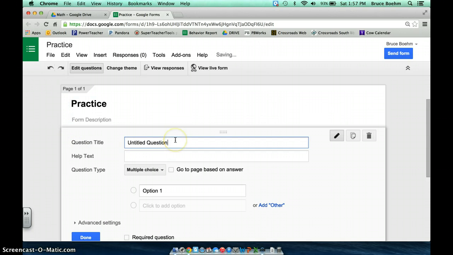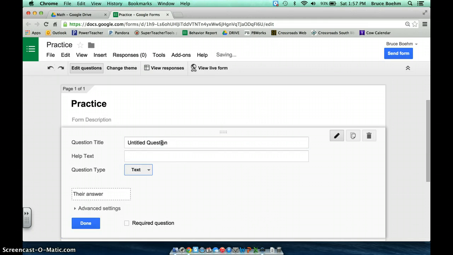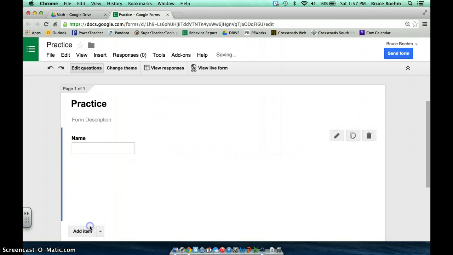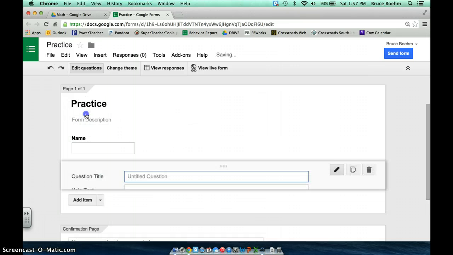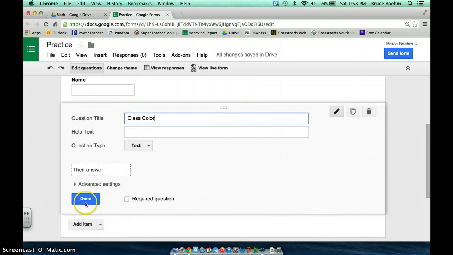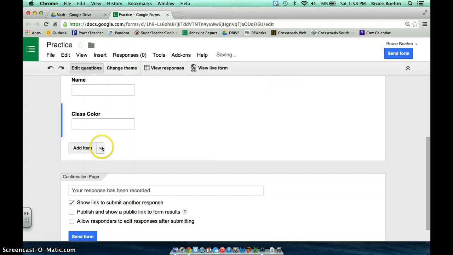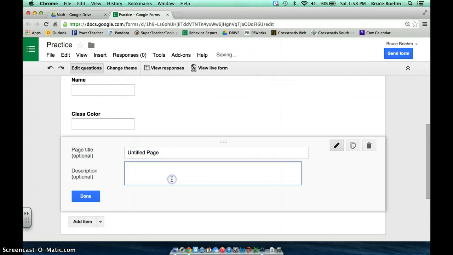From there, we're going to want to create some questions that identify the student. So multiple choice drop down, we're going to make it text, and then we're going to change the question. Once you click done, that question is registered, and maybe you want to add another text that would give you the class color. That identifies the student, and then from there I like to start the questioning with the page break here. That starts the test,